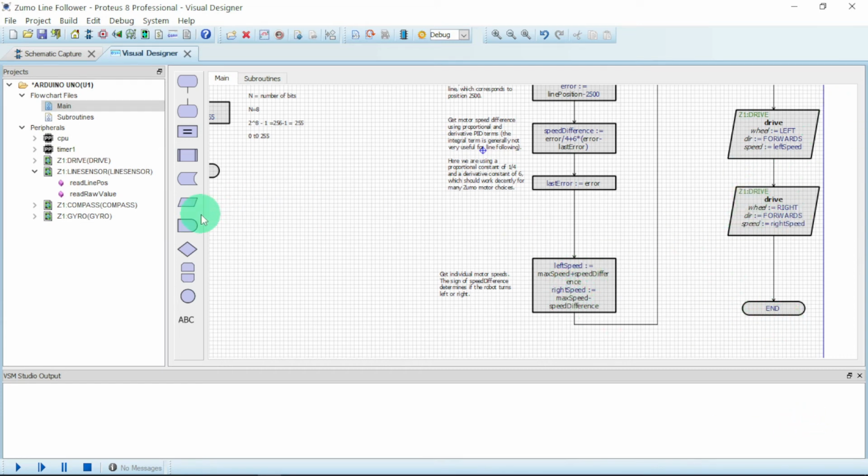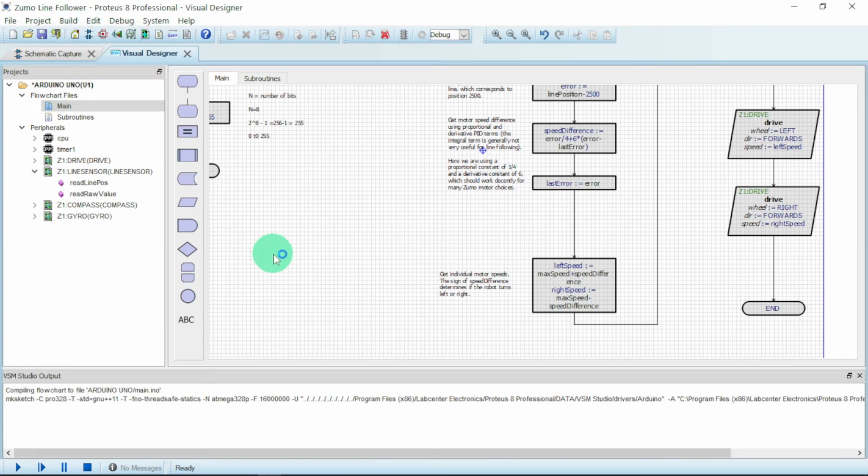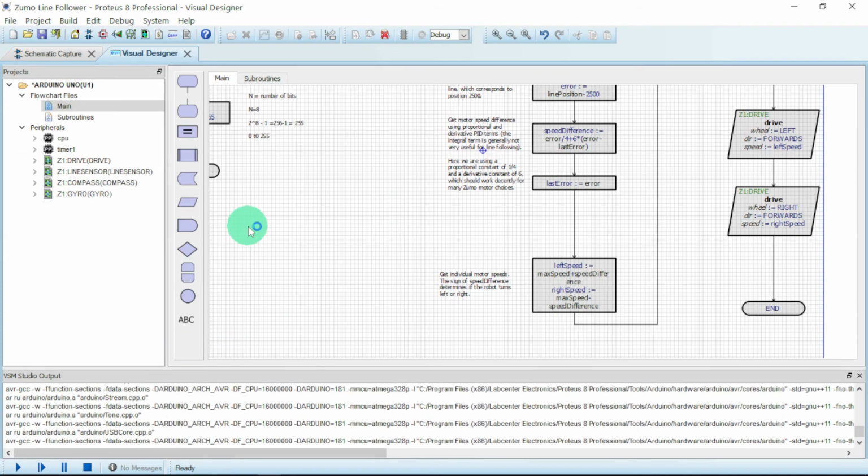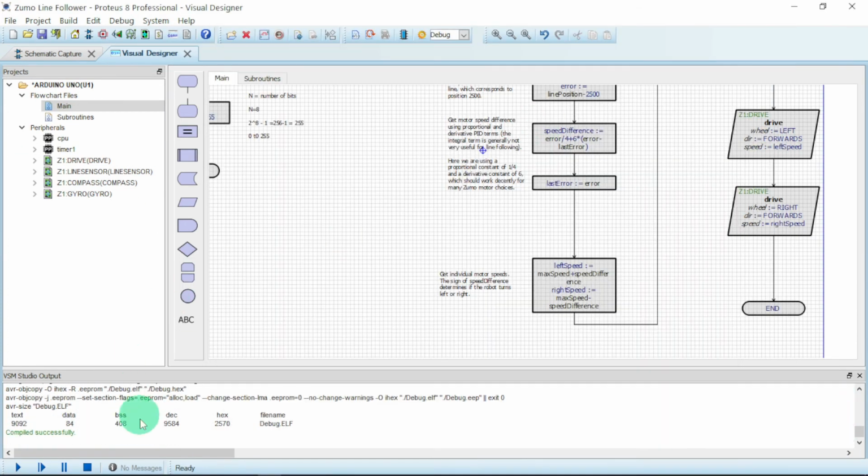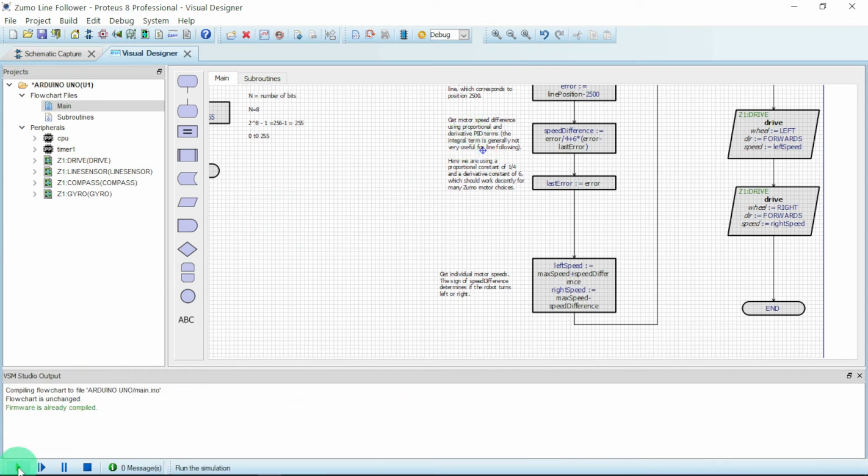Now it is time for us to compile the code that has been made here. You compile it by clicking on build project. Now it has been completed successfully, which means it is compiled successfully. Now it is time for us to run this program. If you click on run,